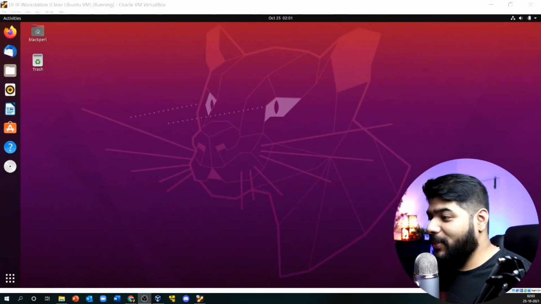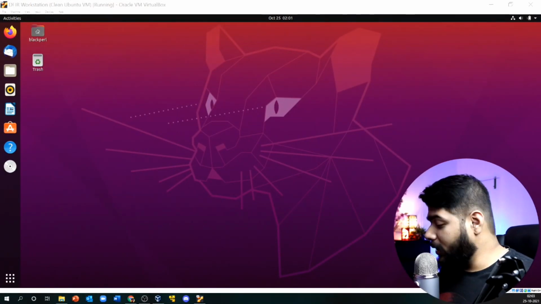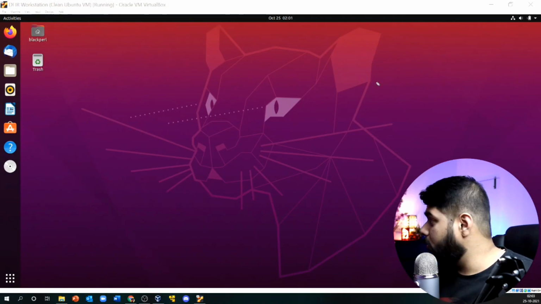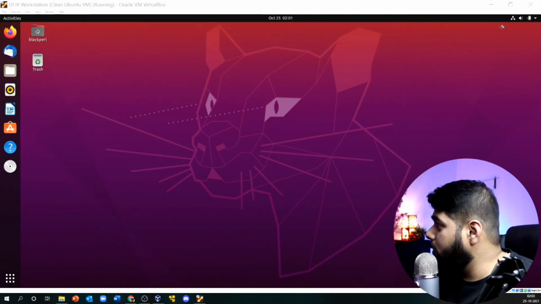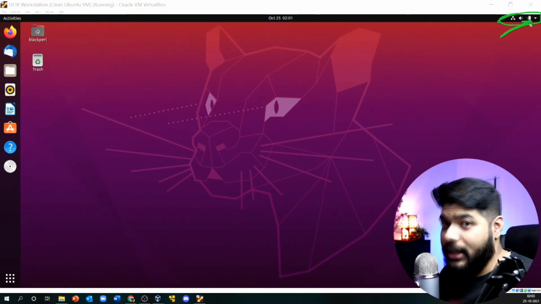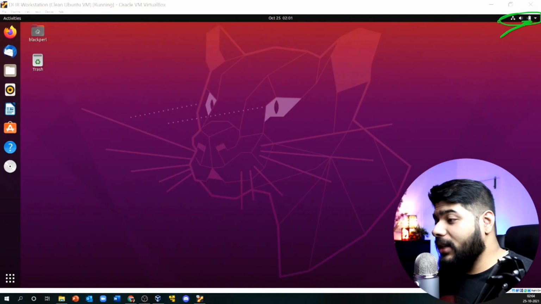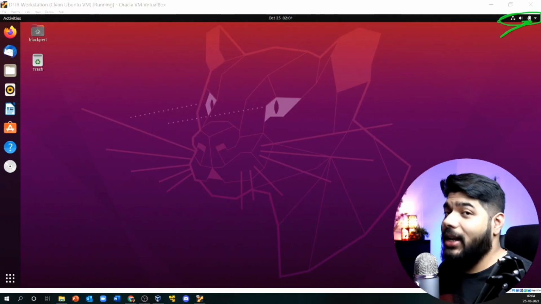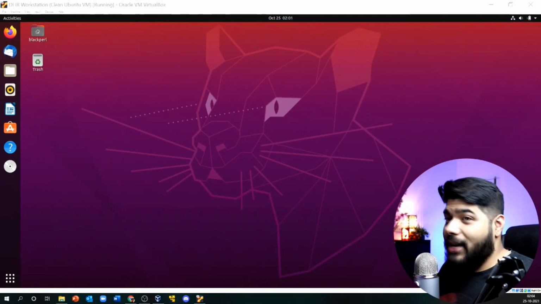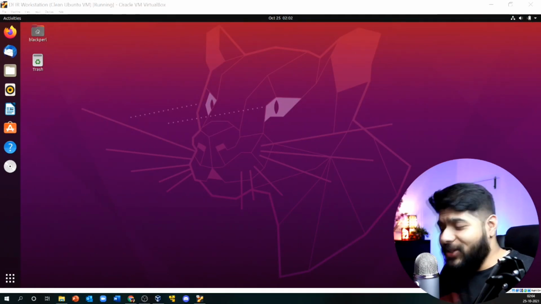Okay, so finally the practical round. As you see, I am logged into my Ubuntu machine, and this is version 20. Now if you go to this particular area, you will see that I still have internet connectivity on this machine, because I told you, right? We need internet connectivity on this machine while we are still preparing the installation steps.